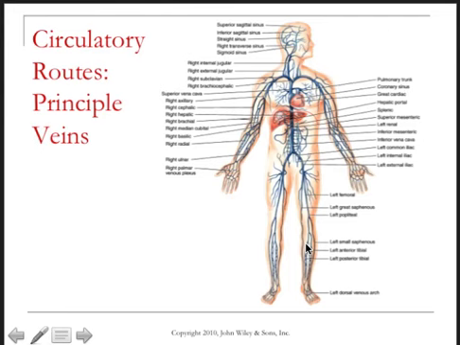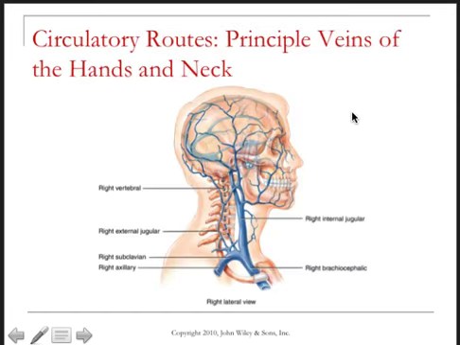Okay, these are showing you the principal veins, and long story short, essentially the venous route is very, very similar to the arterial route. It's just that the direction is different. There's a few exceptions, and we'll talk about a few of them. Let's look at the vessels that drain the neck and the head. So you have to think in terms of direction here. Essentially, blood coming from the brain enters the venous sinuses and drains into the vertebral vein, and also into the jugular vein,